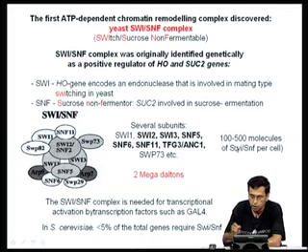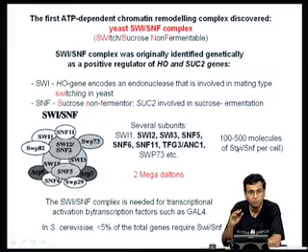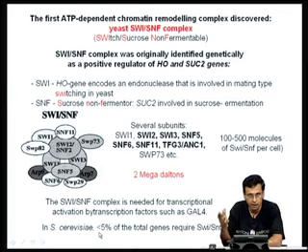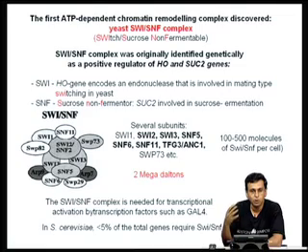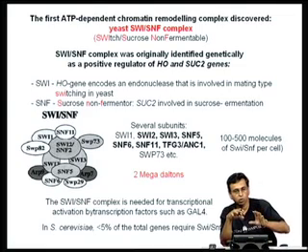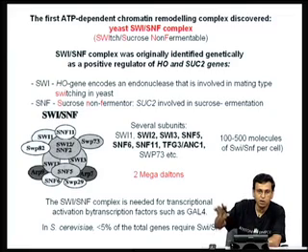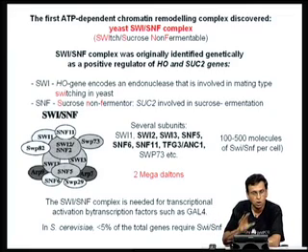But the number of chromatin remodeling complexes may not be very high. There are only about 100 to 500 molecules of SWI-SNF present per cell, and as a result, the expression of only about 5% of the total genes in yeast cells is regulated by the SWI-SNF complexes. So, these ATP-dependent chromatin remodeling complexes have a limited role in the regulation of gene expression. Not all the genes are regulated by chromatin remodeling complexes, only a subset of genes are affected by this